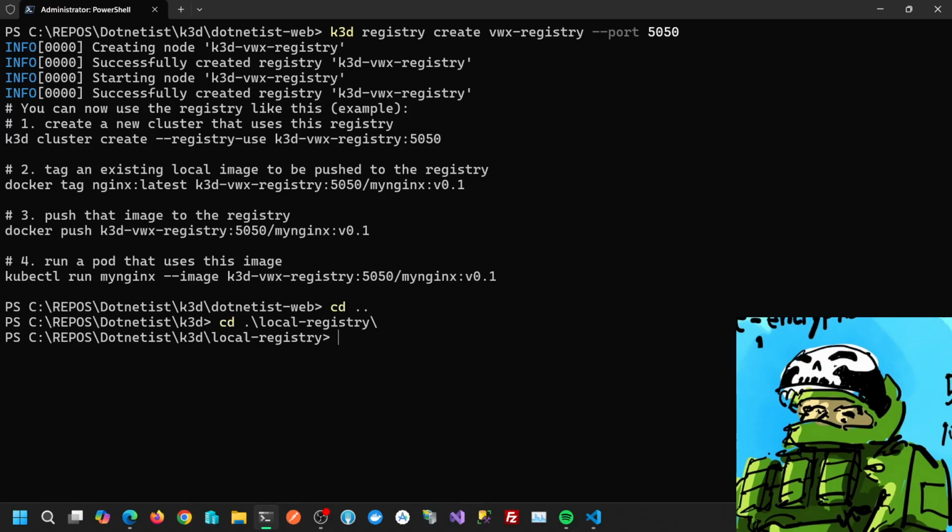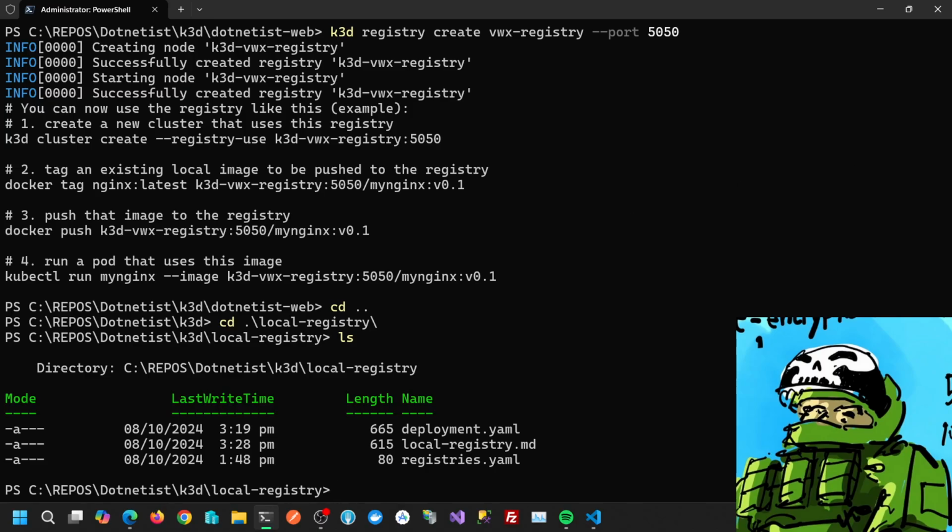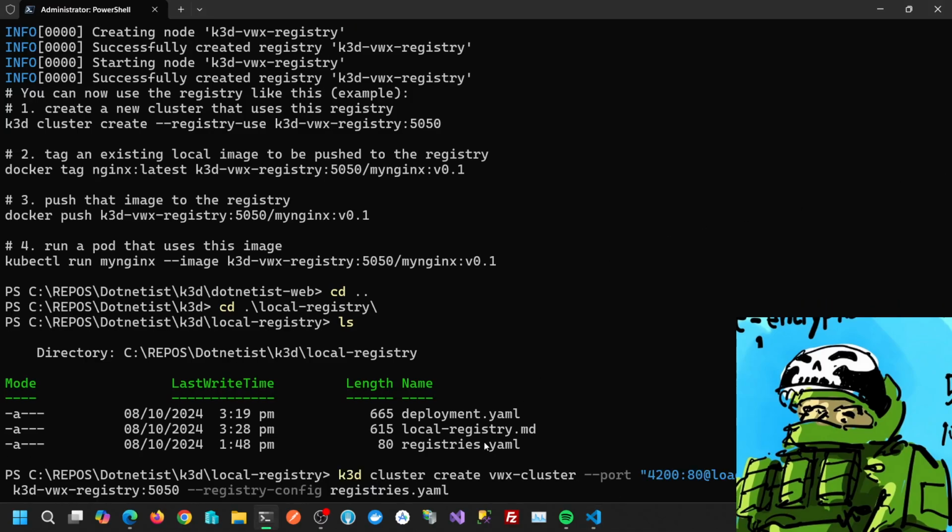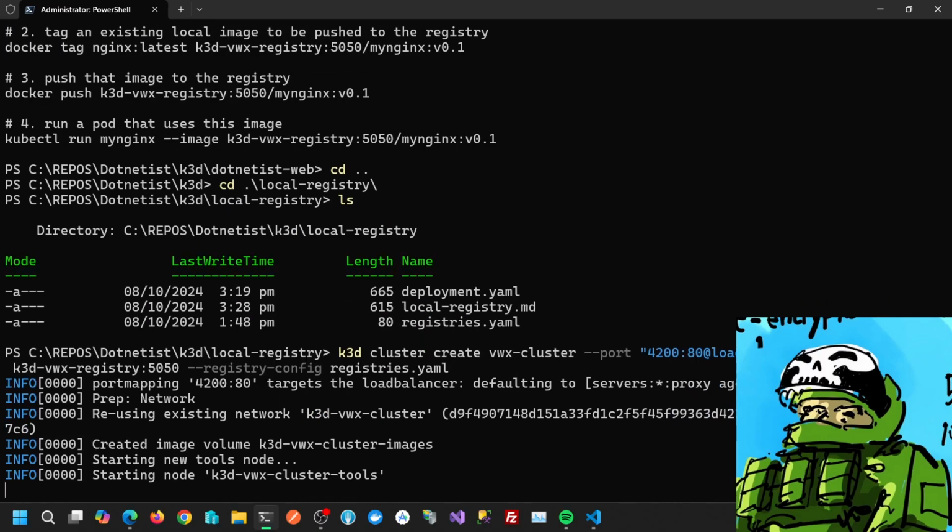go to another folder, the local registry folder. We are going to create a cluster. The name of the cluster is VWX-cluster. And then it's going to use a load balancer port 4200, then map to port 80. Registry, use this registry here that we just created, and then use the registries.yaml. We're going to execute that,